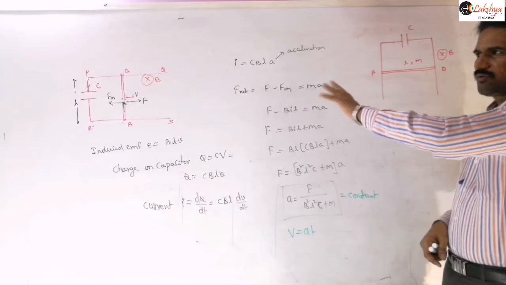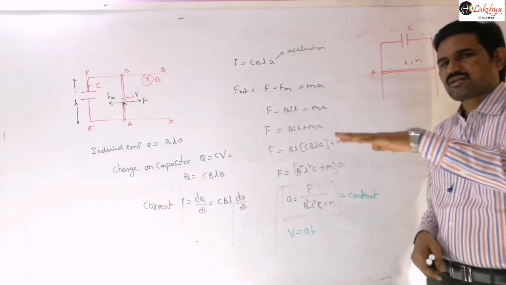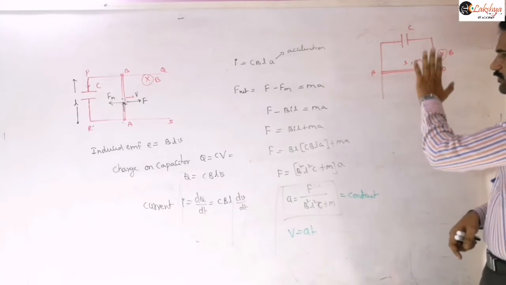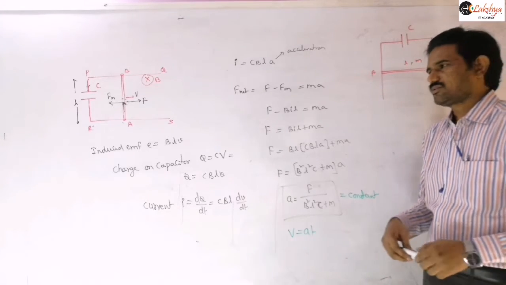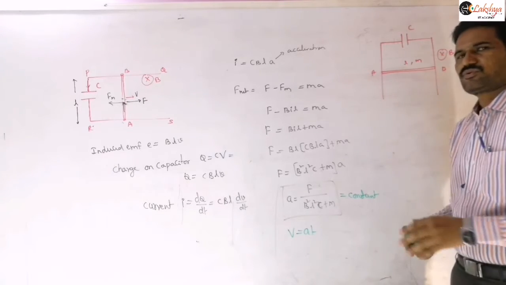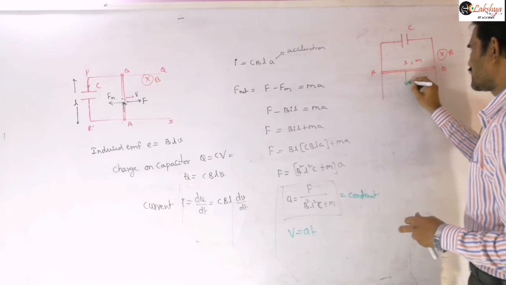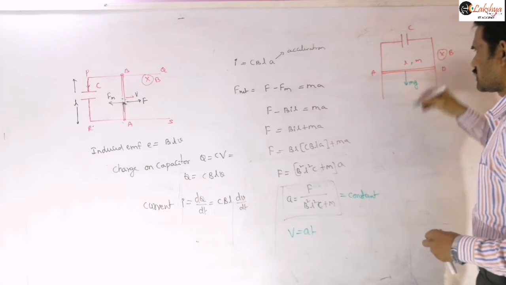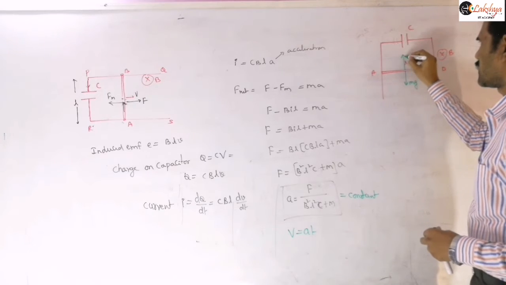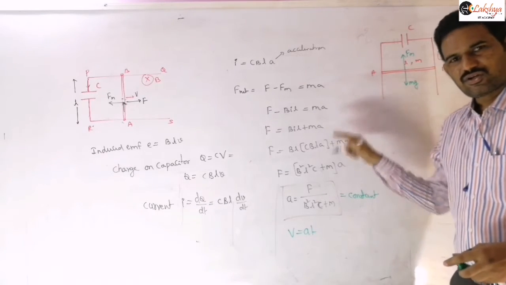Up to now our frame is lying in horizontal plane. Our U-shaped parallel rails arrangement is lying on the horizontal frame. Now we are placing it in vertical plane here, right? So then this is our possibility here. So you can follow the same procedure here. Just instead of that external force here, mg is there. That is only the thing here. Because of that mg, the rod starts moving downwards here, and magnetic force is there in upward direction here. So write all these equations and do the problem.